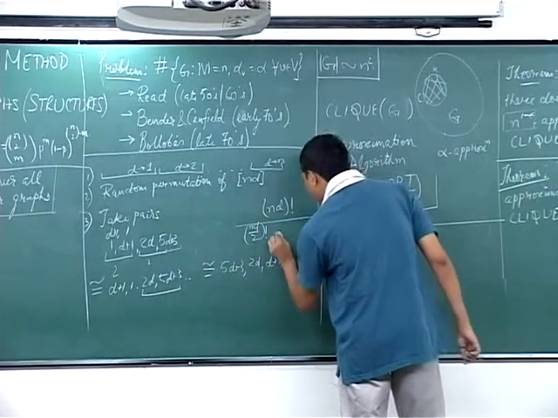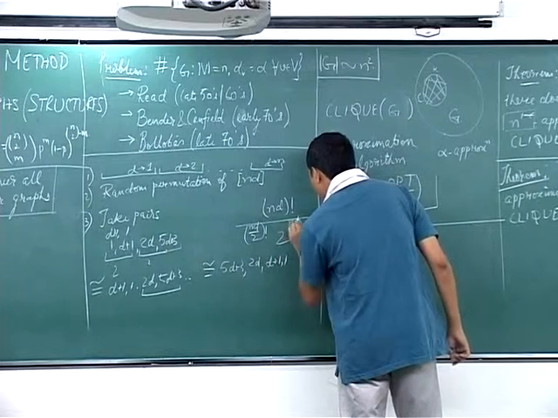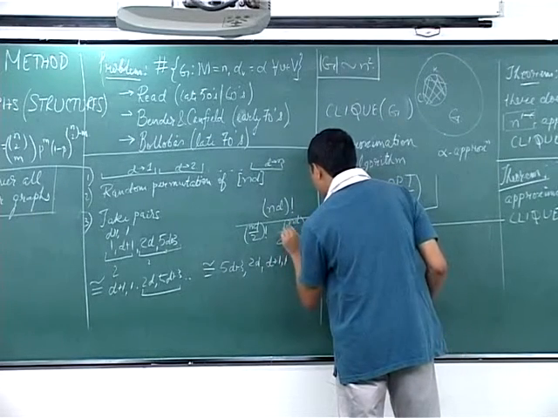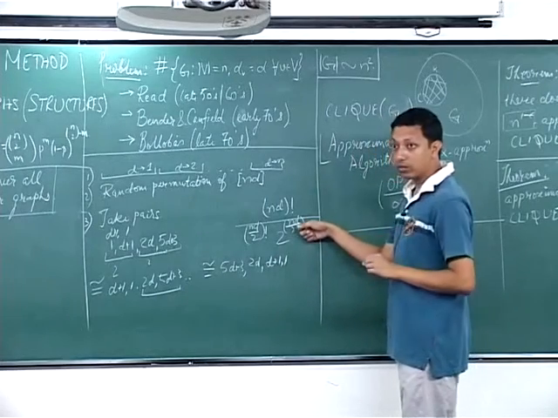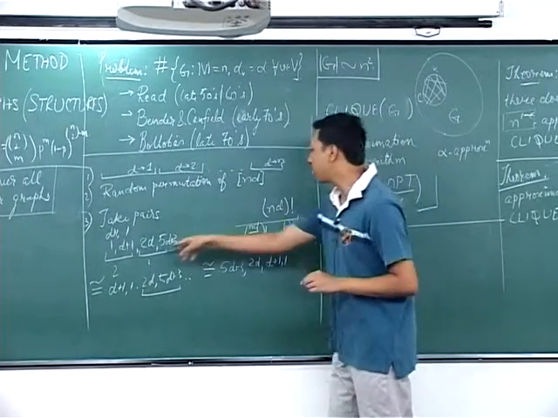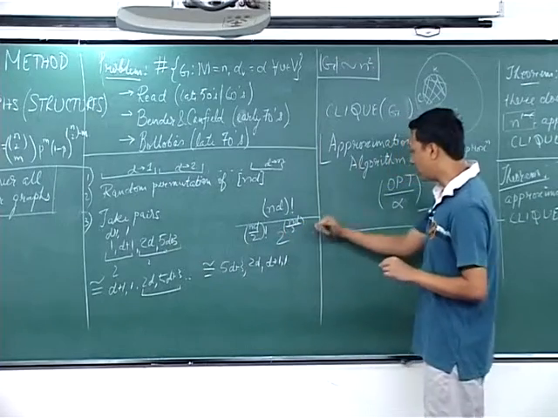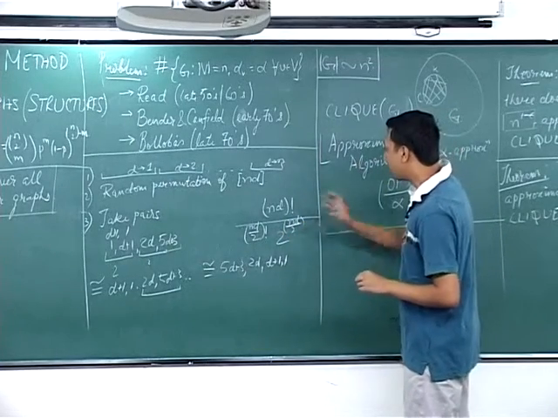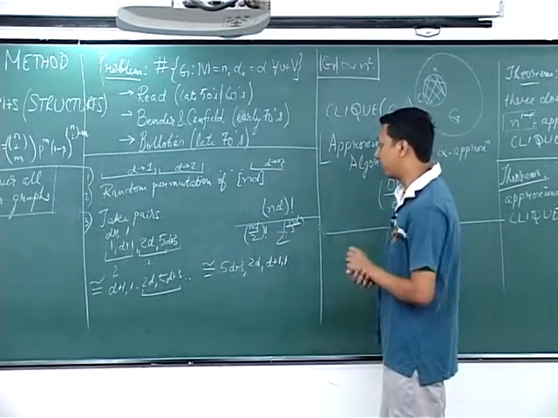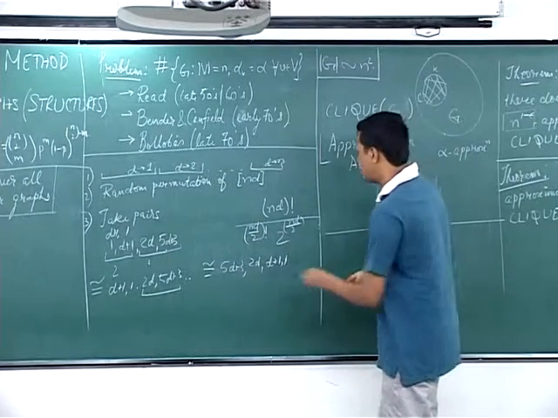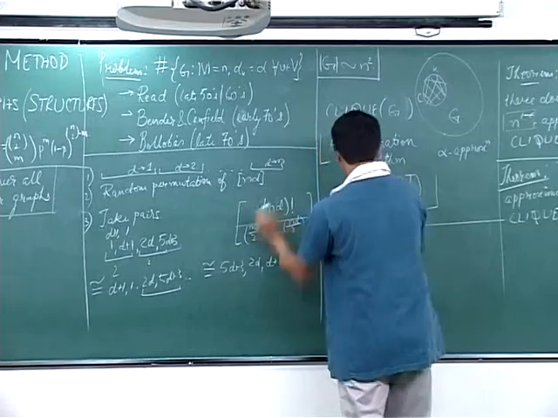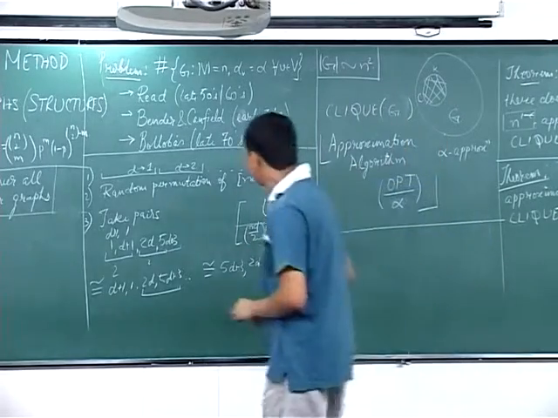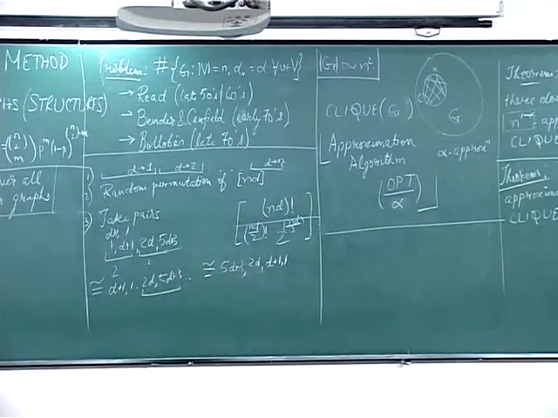So how many can I do in this way? I have nd by 2 pairs, each of them I can rotate in 2 ways, so it is 2 to the nd by 2. So this is the number of ways in which I can take pairs. So this is just a counting thing which you would need if you wanted to work with this model.